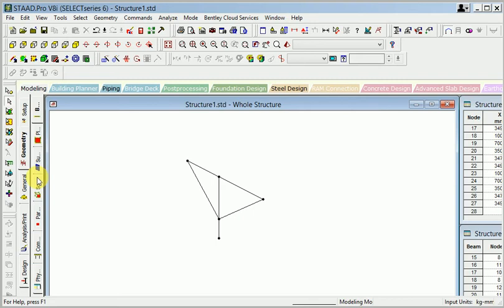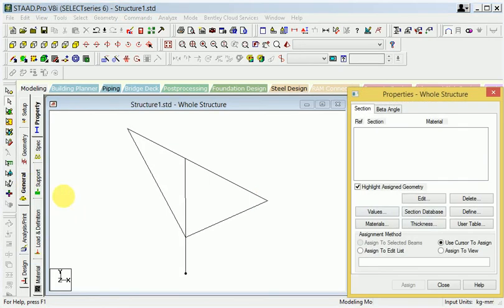When I apply the front view, here you can see this is the member.